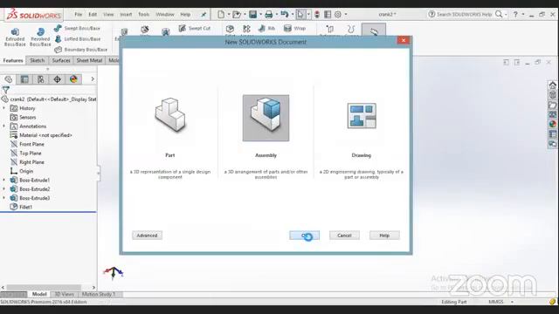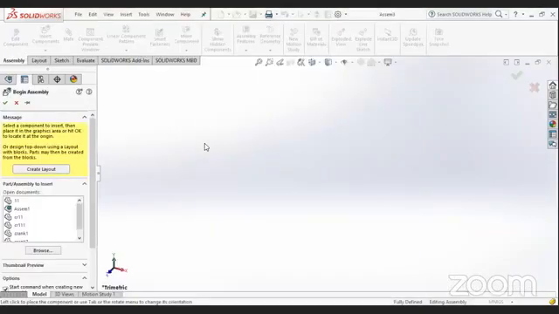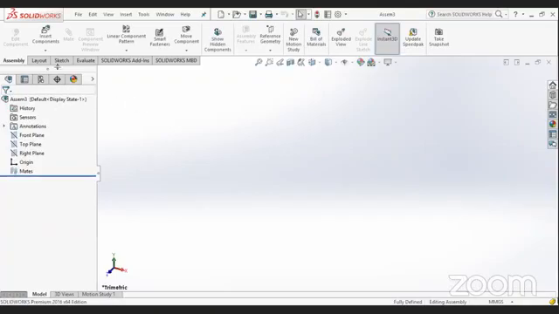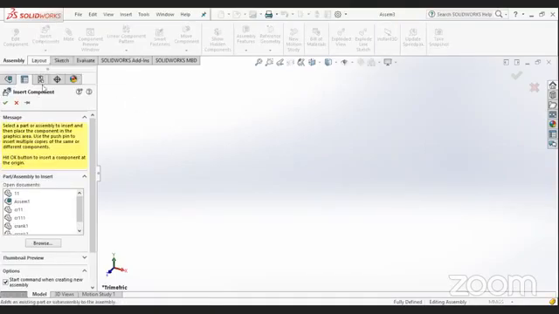On new assembly, okay. Now how to assemble the components using SolidWorks? What you have to do is go to insert component and select the first component from the insert component window. This first file would be automatically fixed.